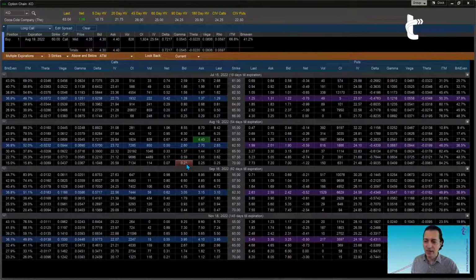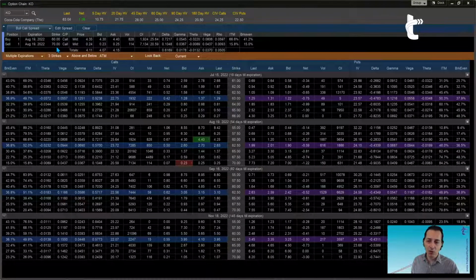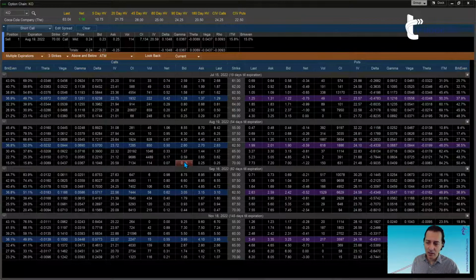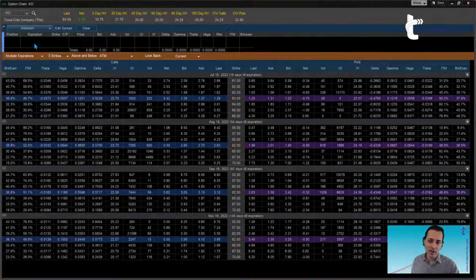And now I can go ahead and click on the bid column for the 70 call. And now I got my 60-70 bull call spread. So again, one way to build your position is to click where you want, bid or ask, call or put, and whatever strike you need. If you are experienced and this is how you build your trades, that's how you do it. If you make a mistake, to counteract a buy, you click on the sell. To counteract a sell, you click on the buy. And then it goes away. And now notice how it's all blank on the top.